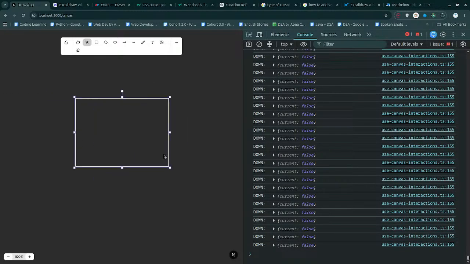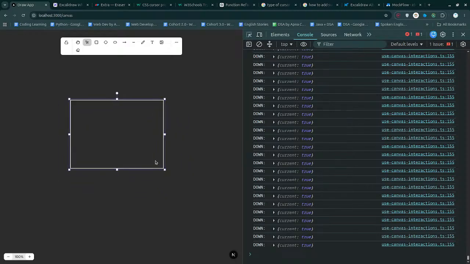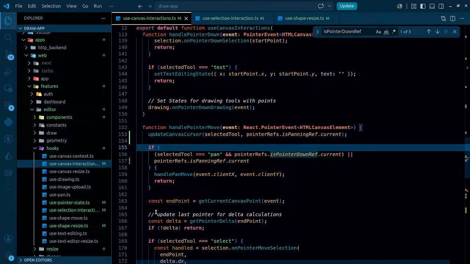False. So if it is actually false, then it becomes true. Now it is false. If it is actually false, then